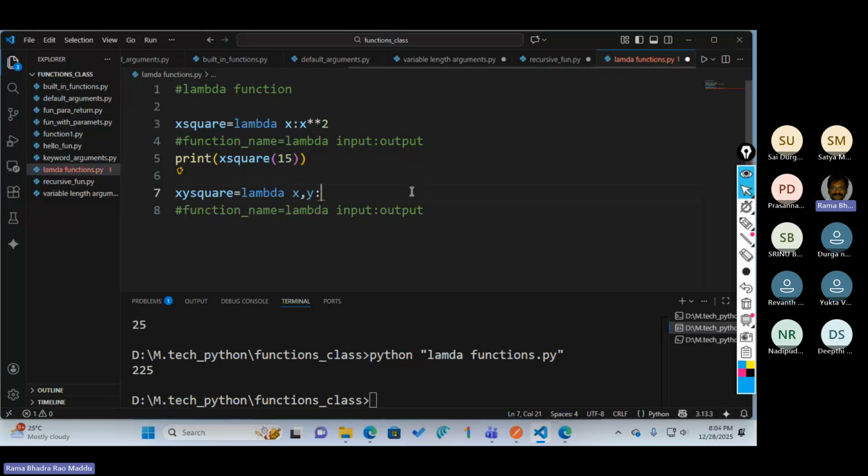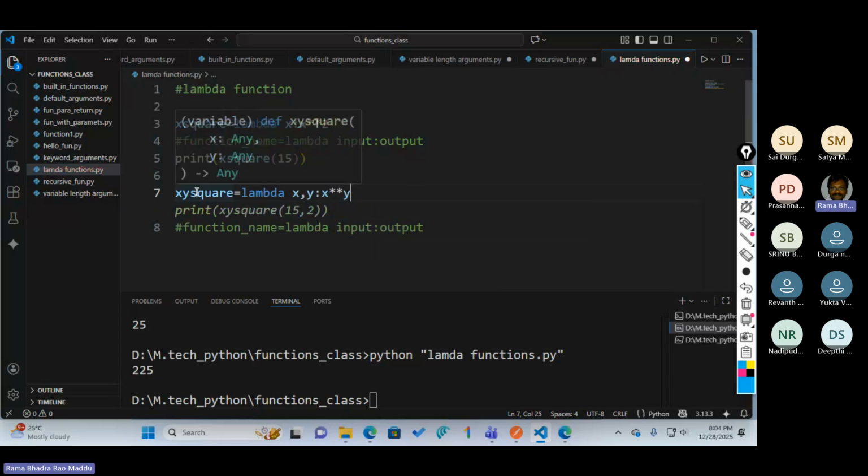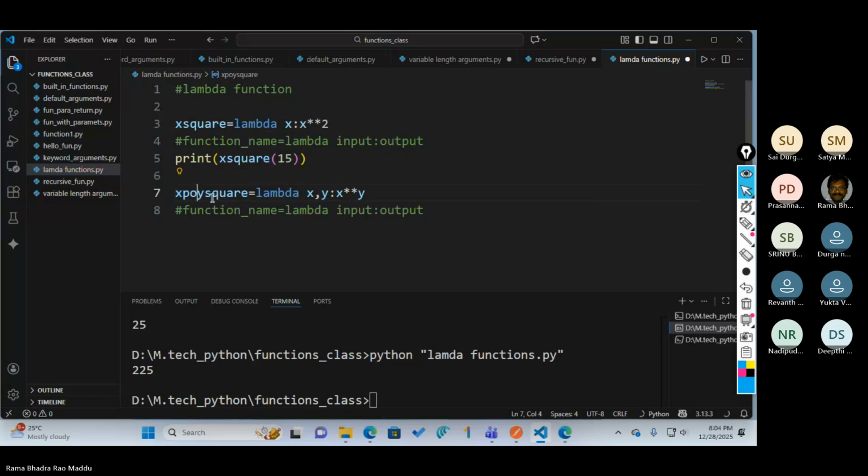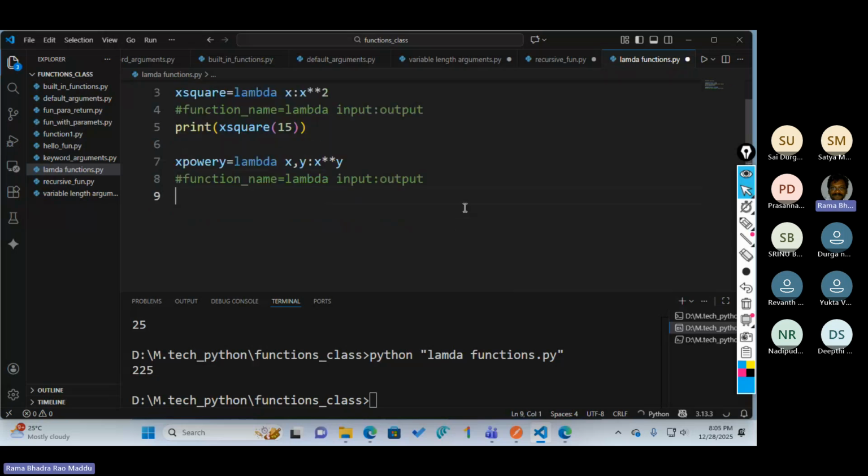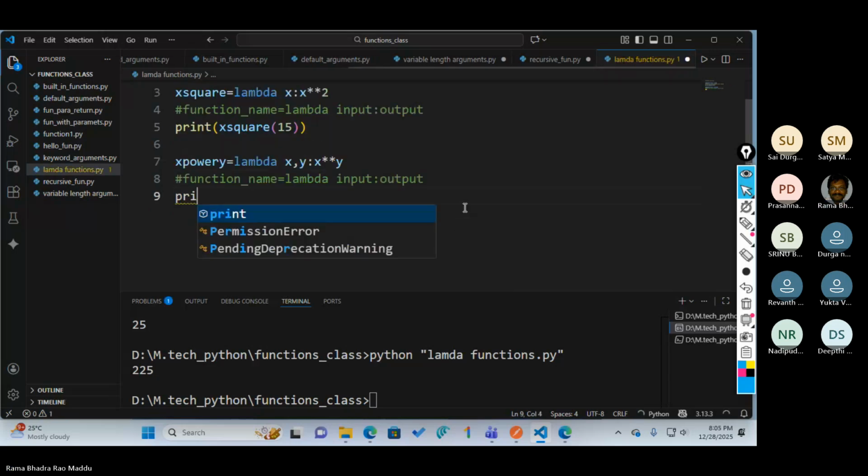For example, I want x power y. So x power y is the function. I am giving two arguments as input. In lambda functions, you can pass more than one argument.